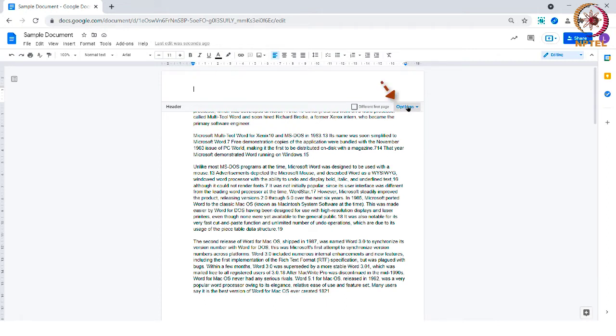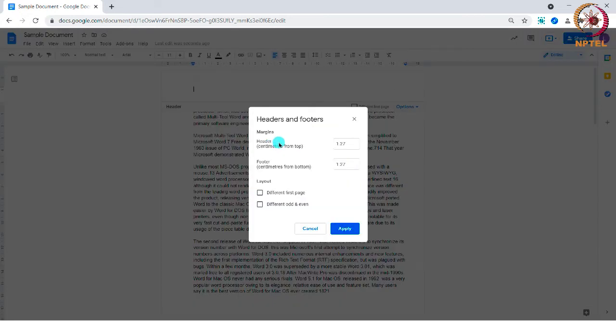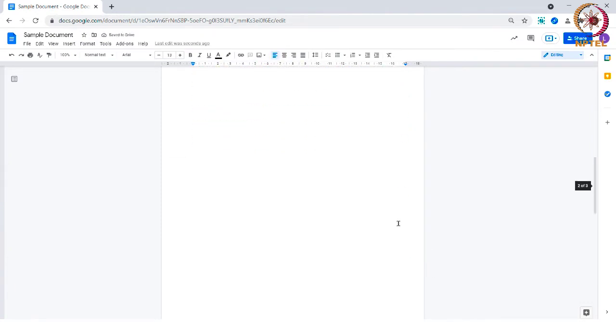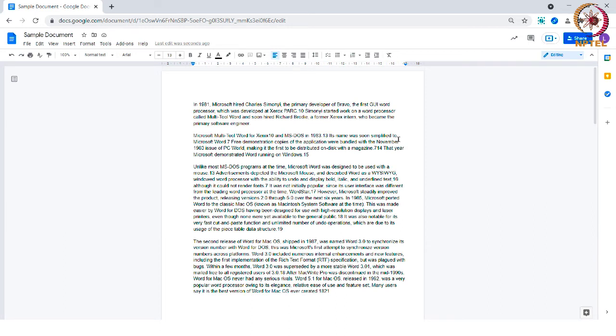Next to that, you can find the Options button. Here, you can format the header. You can use this feature to increase or decrease the font size and so on. When the different odd and even option is enabled, you can modify the messages to come under odd and even pages. For example, I am typing hi on the first page and then selecting different odd or even options. You can see that this message is displayed on the odd page numbers. Similarly, you can add a different header for the even pages also.